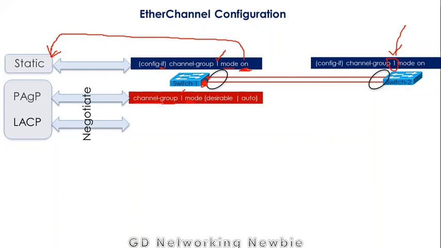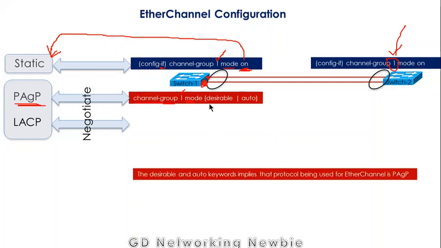Now you can see here, there is no indication that we are using this protocol to configure the switches. So actually these two words, the desirable and auto keywords, imply that the protocol being used for EtherChannel is this. We have to identify from these words which protocol we are going to configure on the switches. And this desirable and auto means, if we configure channel-group 1 mode desirable on this switch,